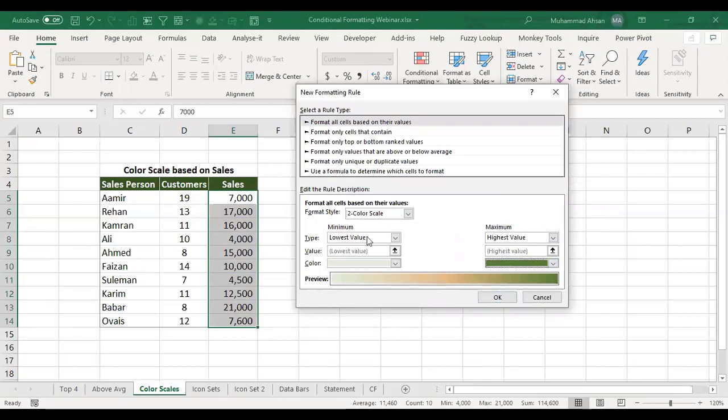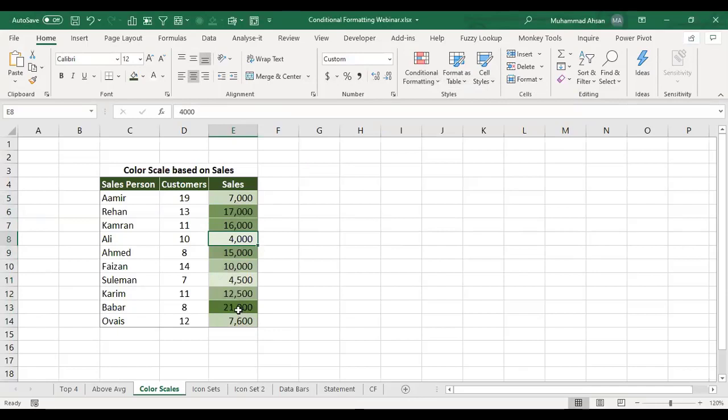Once you are done with the settings here, you can click OK. Now you can see that 21,000 has been highlighted because it's the highest number in the entire column, and the 4,000 is very lightly highlighted because it's the lowest number. So quickly your eyes can get a visual impact, and you can analyze data quickly with the help of conditional formatting using these kinds of patterns.